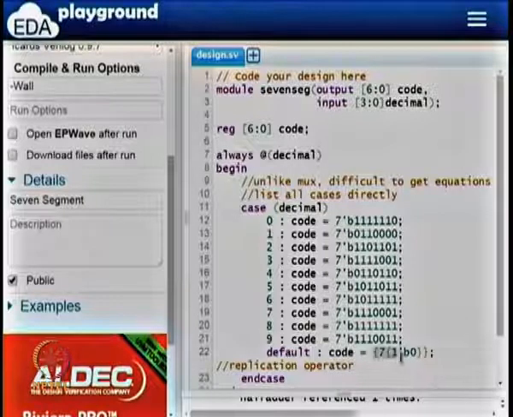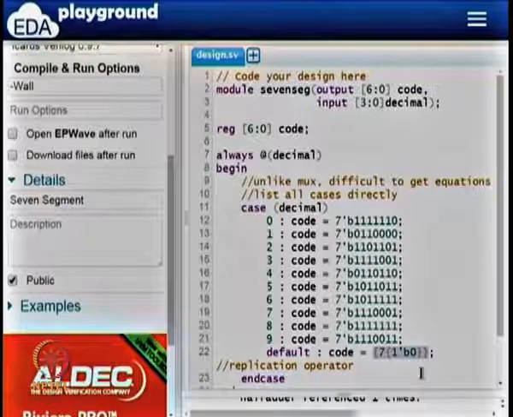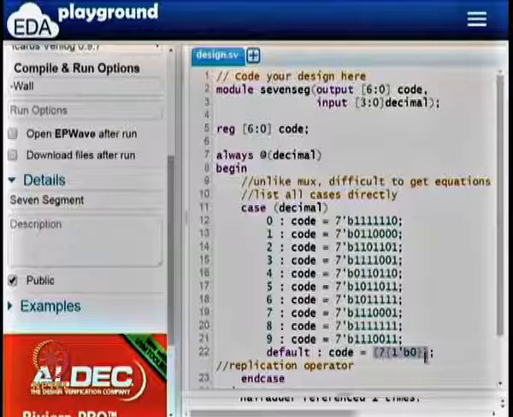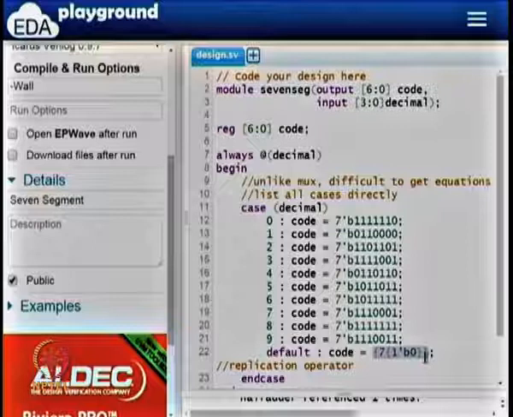This is an operator which is slightly more interesting. One tick B0 means one bit of 0, and this 7 within curly braces, if you put 1'b0, says I want 7 copies of bit 0. So this code is getting 7 copies of bit 0, which means 0, 0, 0, 0, 0, 0, 0, which means the display will be off.